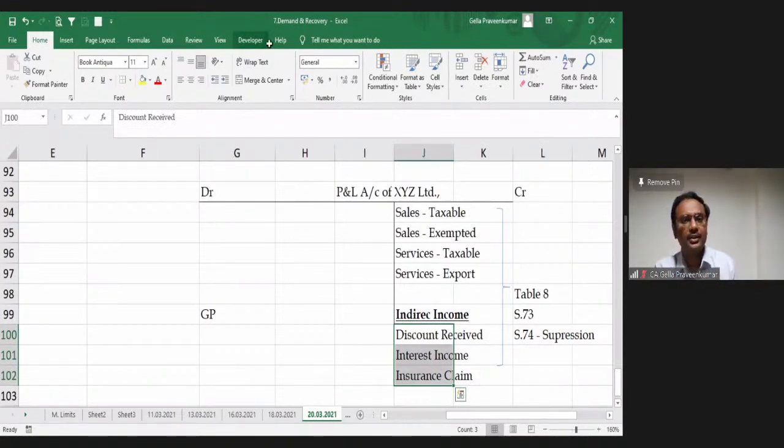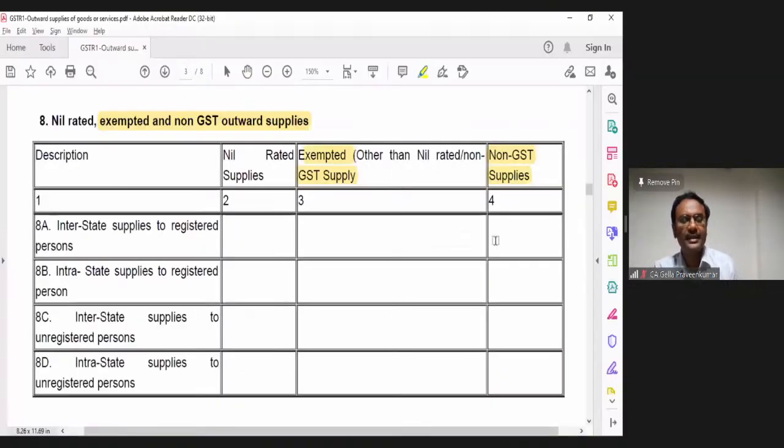Now, if you believe that all this income is non-taxable, absolutely not to worry. You go back and show it in your GSTR 1 in table number 8. The important aspect is showing this data in column number 4 of table 8. Never ever miss out to disclose this income. By showing that, you escape the notice issued by the departmental officer saying that you have an intention to evade payment of tax. So this is the advantage where I bring all the data into my GSTR 1.